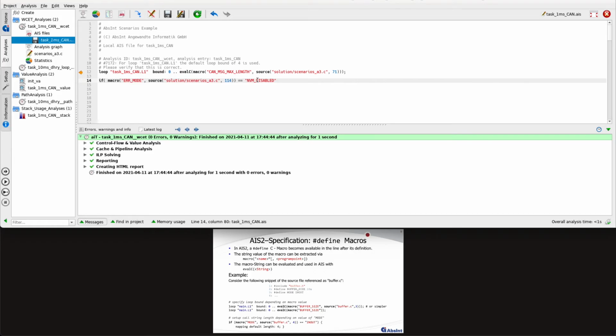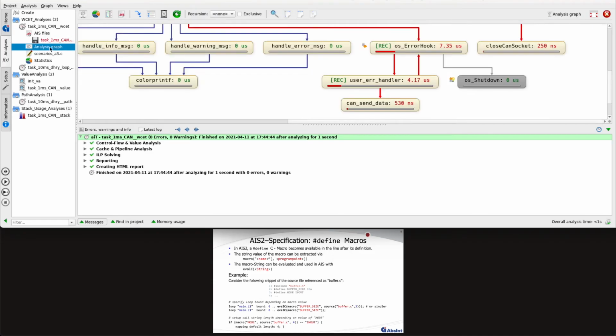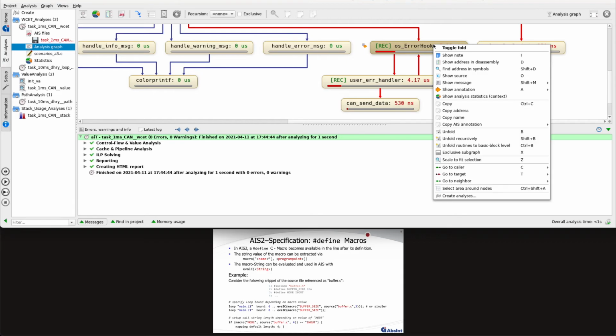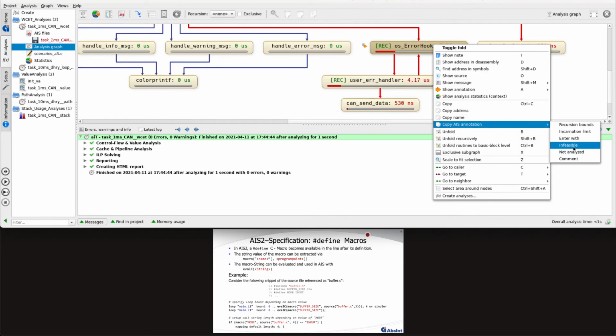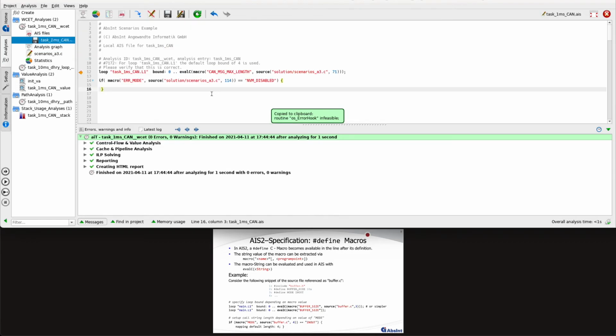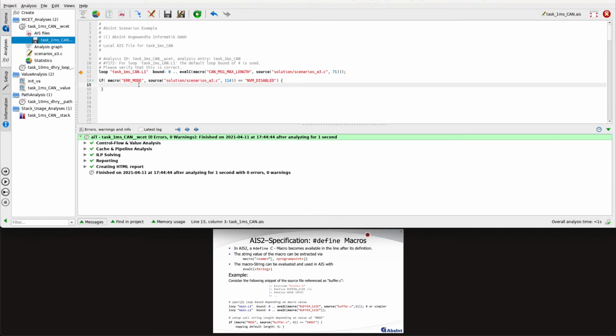I would like to turn our OS error hook into infeasible. And well, this can also be copied here by the graph. So right mouse click, infeasible, where is it here? Going back, we put it inside our scope. Okay,